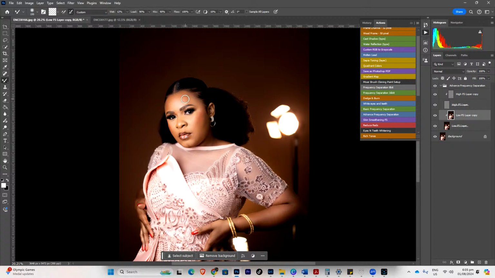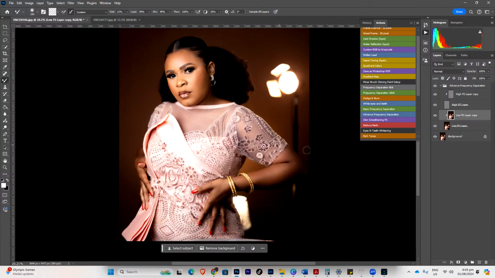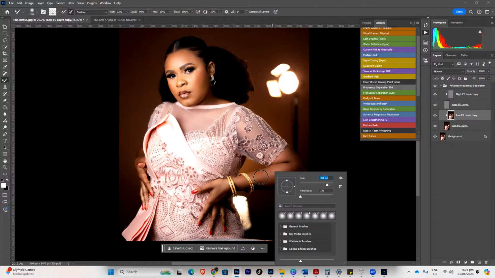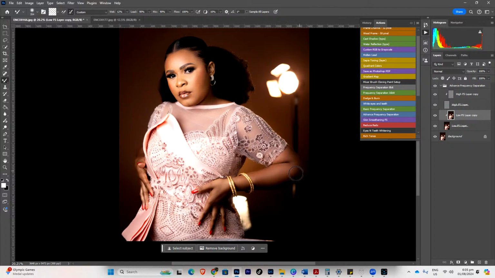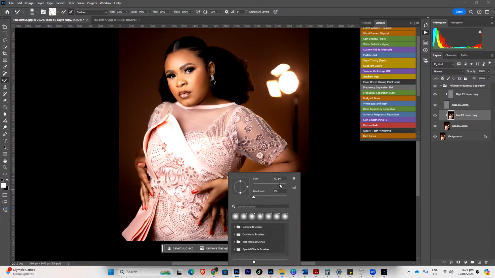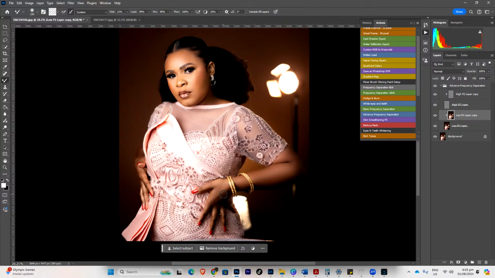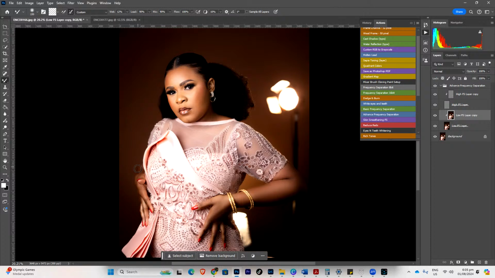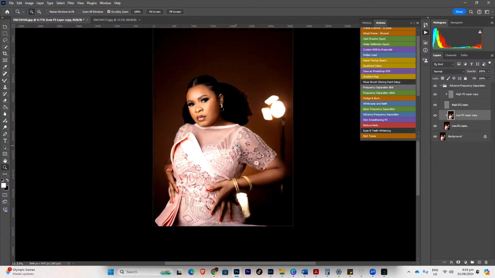Okay, so I will use the mixer brush tool to even out the skin on the face. You have to check if it's too much, just reduce the opacity. Now you can see this part of the hand looks dark, but it's not bad, it's looking nice. Then the hand, I'll use the history tool to, okay,